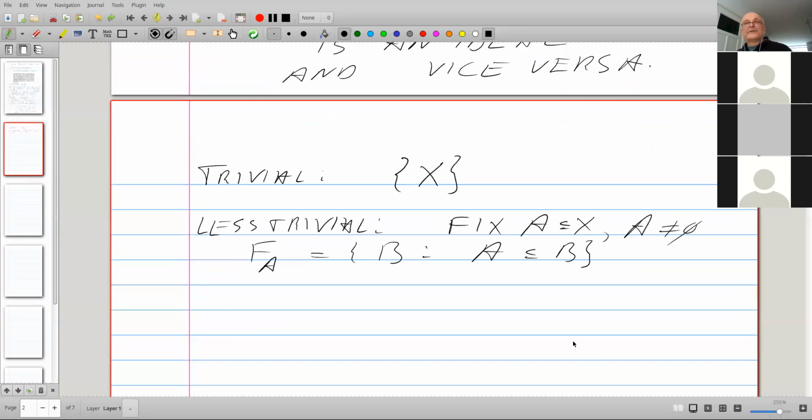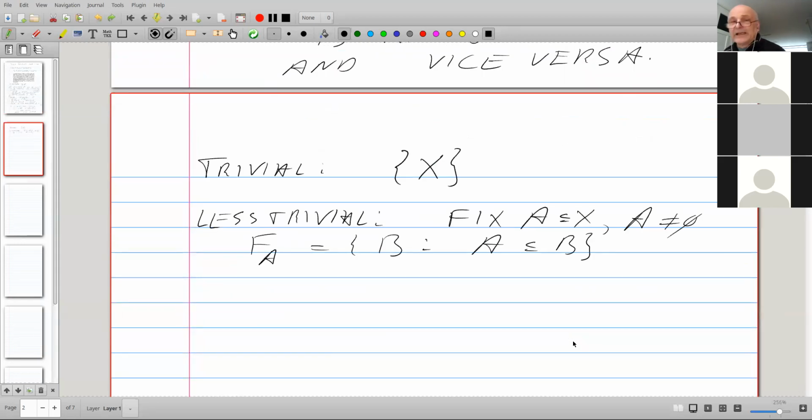Slightly less trivial. You can generate filters in a slightly less trivial way by taking a fixed subset A of X, non-empty, and then take all the supersets of A. So every set that is a subset of X but larger than A goes into the family. Again, checking that this works is not very difficult.